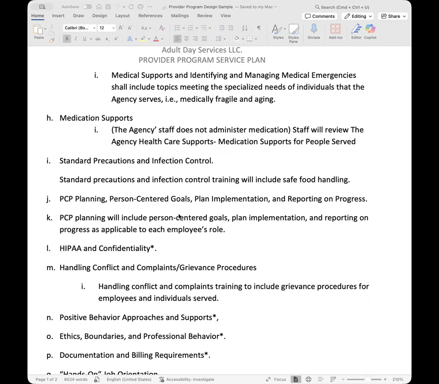But if you aren't, then you just need to make sure your staff can support them with the food that they brought in, especially when it comes to meat. Major liability if your staff is supporting a client that can't heat up their own food and they undercook it and the client is eating partially hot, partially cold meat. Yeah, that could become an issue, giving somebody a stomach issue. So you just want to make sure you cover these things and the safe food handling.